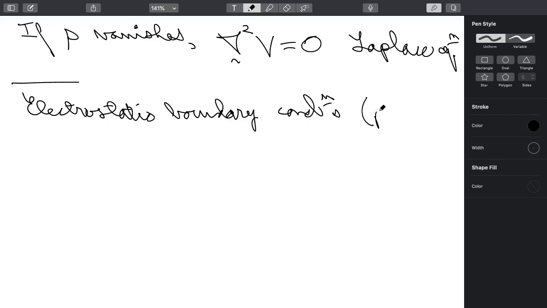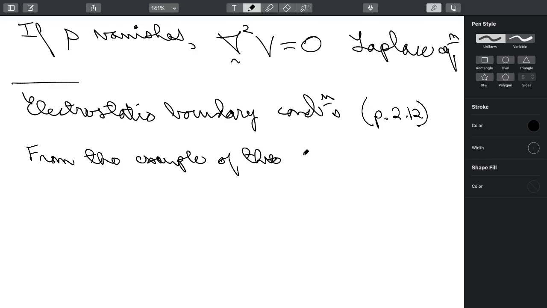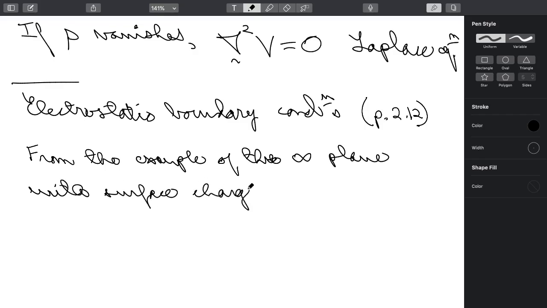And in the notes, this is on page 2.12. Okay, so essentially, the example we just did, from the example of the infinite plane with surface charge density sigma, okay,